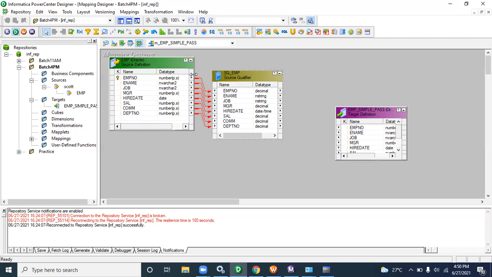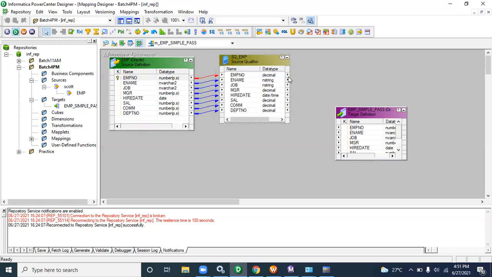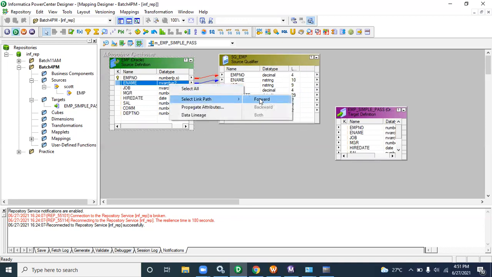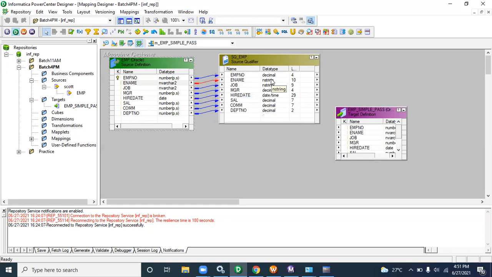You can see here employee number is number PS, but here it is decimal. Here nvarchar2, ename, here it is string. Here that is the date. Here it is date time. Automatic conversion will be there.